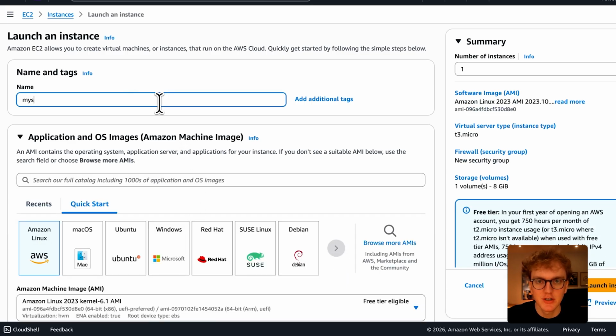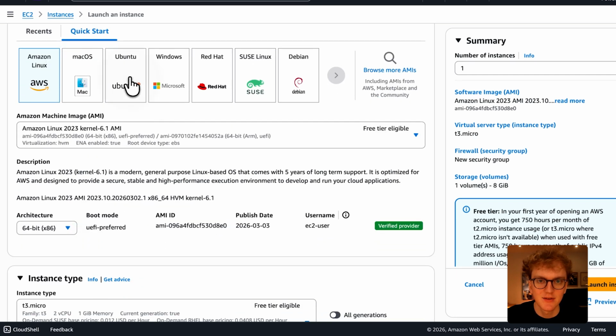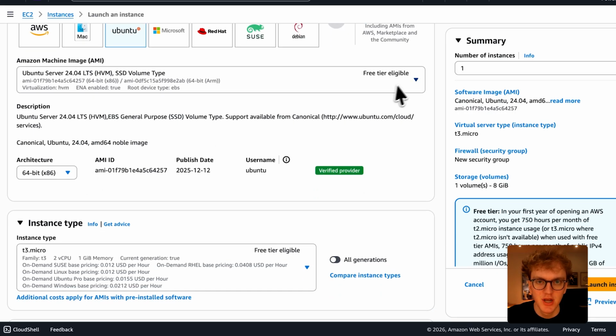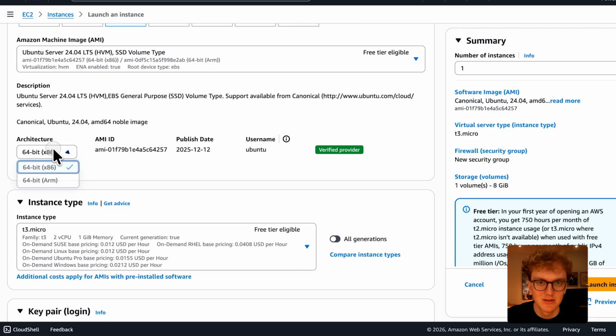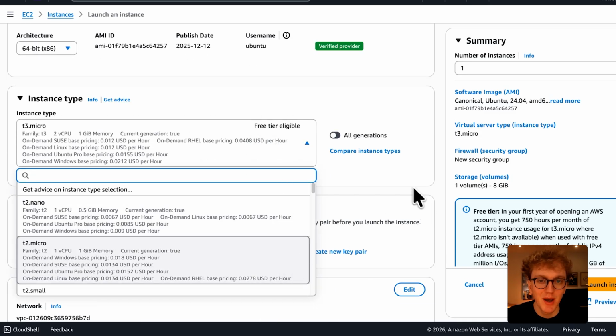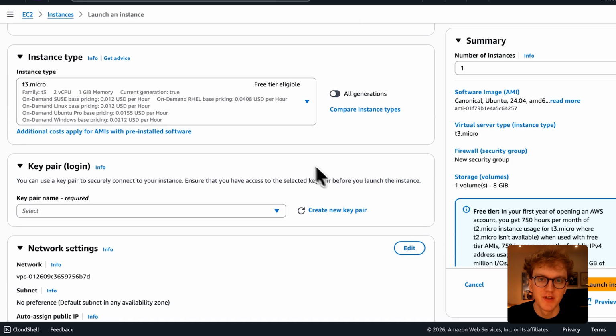Next, give your server a descriptive name, and then under the Application and OS images, select Ubuntu. For this tutorial, we'll be using the latest free tier eligible version, and you can leave the architecture set to default. As for the instance type, choose one that fits your needs. A T2 Micro is a great starting point for a very small site and is part of the AWS free